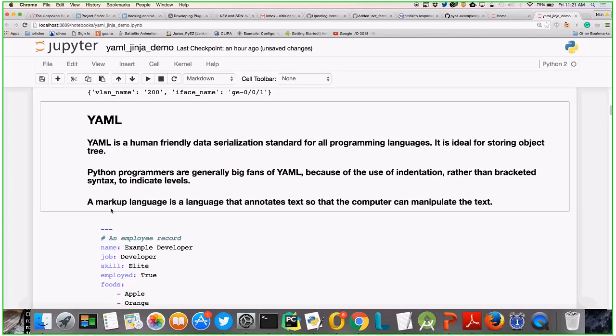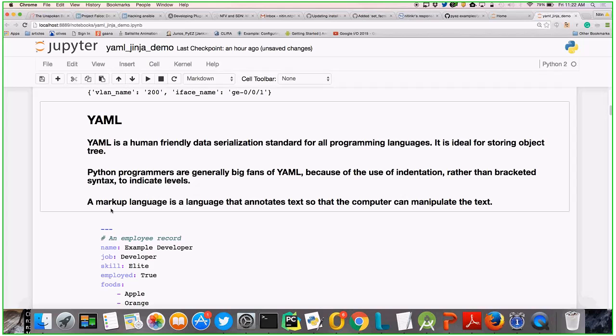Now we'll start talking about YAML, then we'll go to Jinja. So you see why any Python programmer, or these days we all, love YAML. The reason being, you put your data in your text file kind of thing, just take care of certain indentation, and in any language you can convert that into your data type.